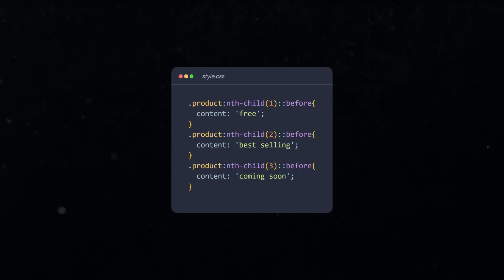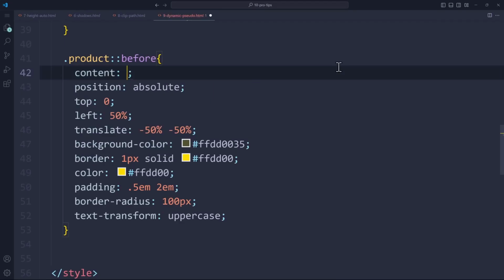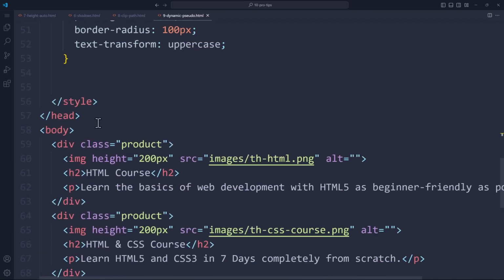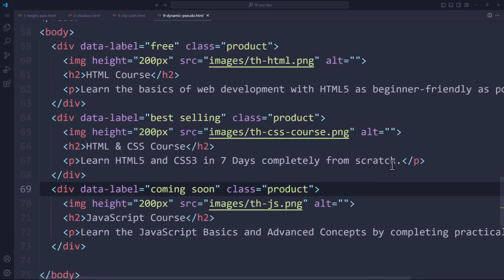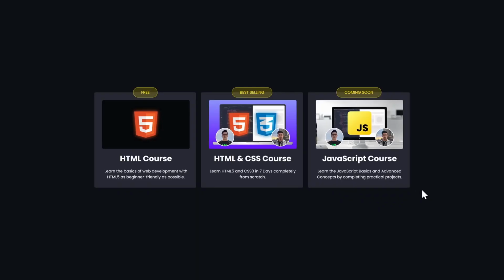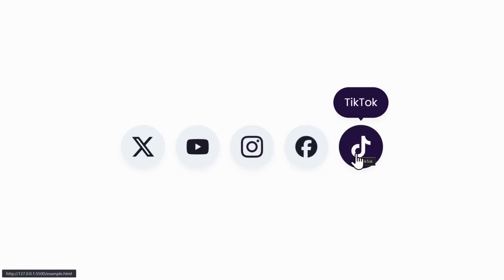And if we don't want to manually override the content for every element over and over again, I recommend using the attr function. Here we access a data-label, for example. Then in HTML, we can define that data-label attribute. That way, the HTML attribute defines the tooltip, and we don't have to repeat ourselves in the CSS code. In the info card, you can find a video where I explain that concept in more detail by creating this